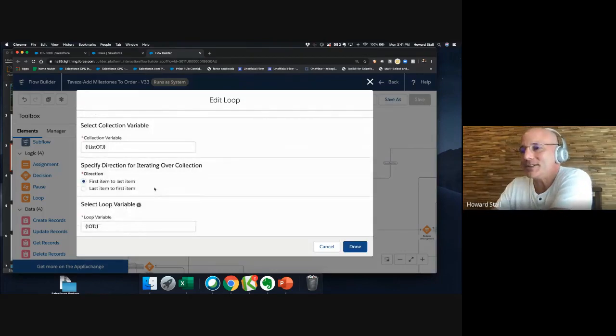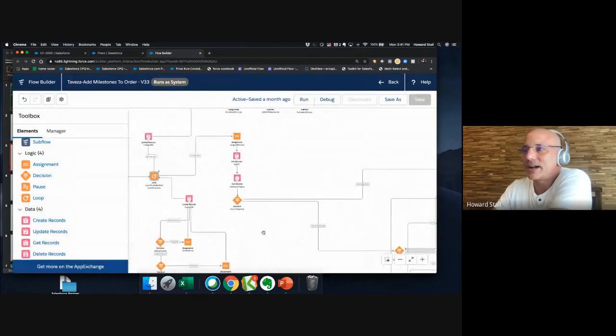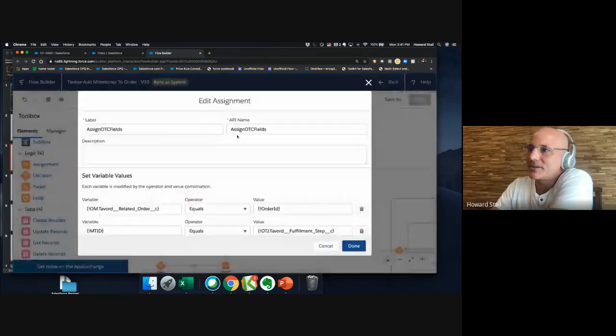So this loop is going to take all of those records, the 9 of them, and run through one at a time. The reason we're running through one at a time is because the values on each one of those records, if you remember, were different: some of them were skipping weekends, some of them had a 5-day start date. So coming out of this loop, I'm going to follow this path. For each item, I'm going to start to assign